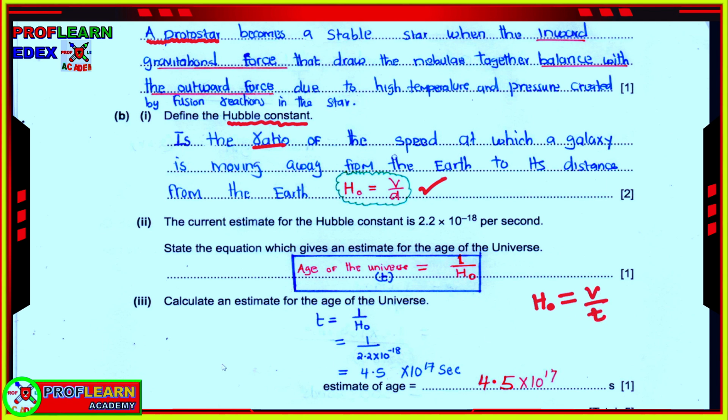But remember, if a galaxy is moving at a speed v, let's talk of a galaxy, and this is the Earth, and a galaxy somewhere here is at a distance d from Earth. So if it has taken some time t to move, then its speed will be v equals d over t, right? Then from this we can now say that